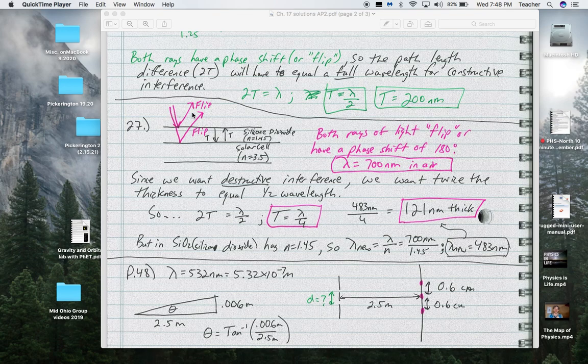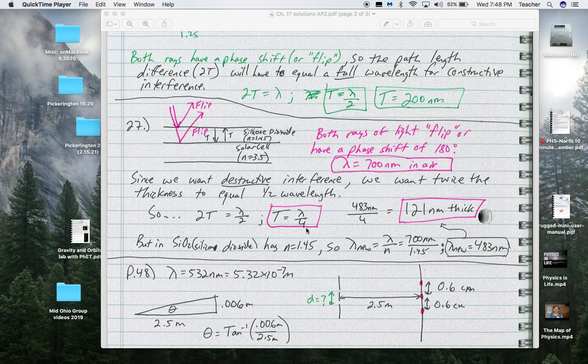So that means that both of these, again, will flip because they reflect off a more optically dense substance. But now we want there to be destructive interference. So this path length difference, which again is twice the thickness because the light's going down and then back up, has to equal half a wavelength. So that means our thickness would be a quarter of a wavelength. Well, a quarter of 700 is around 175, but if you remember,